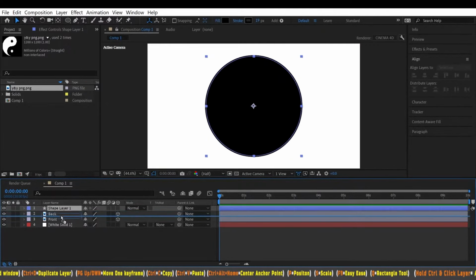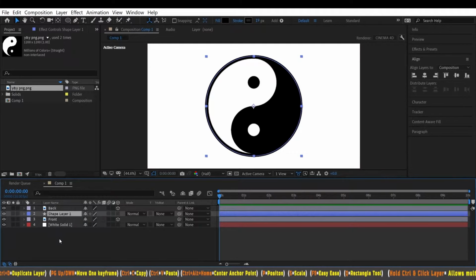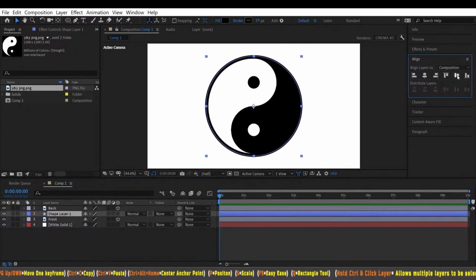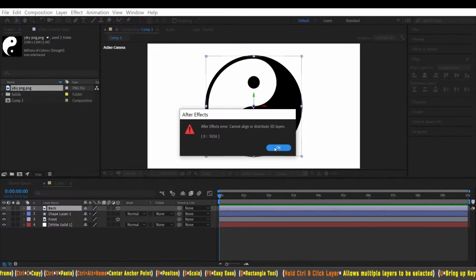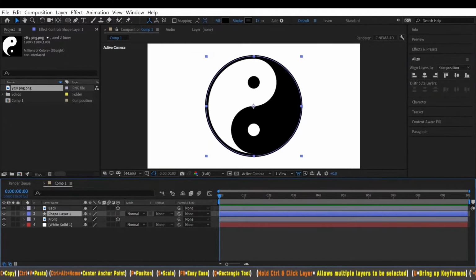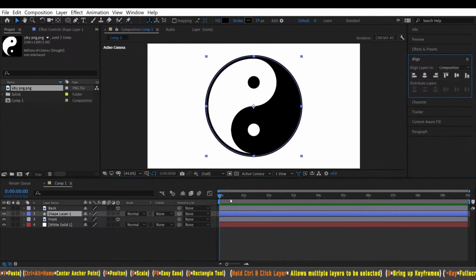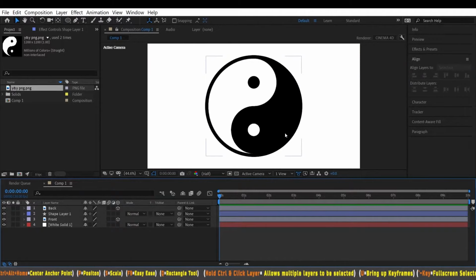Now we want to bring this in the middle of the front and the back layers. And we'll align this. Looks like something is out of alignment. Oh, it's just black.